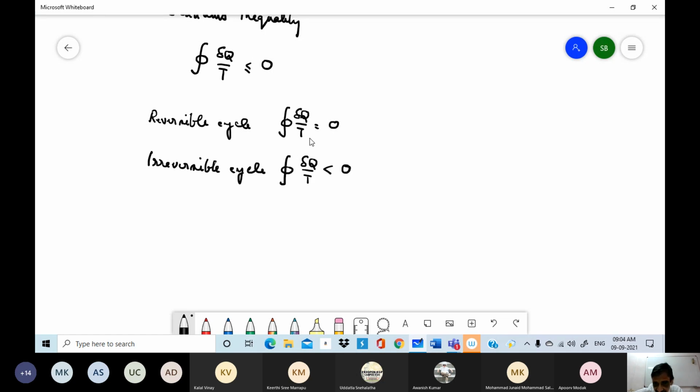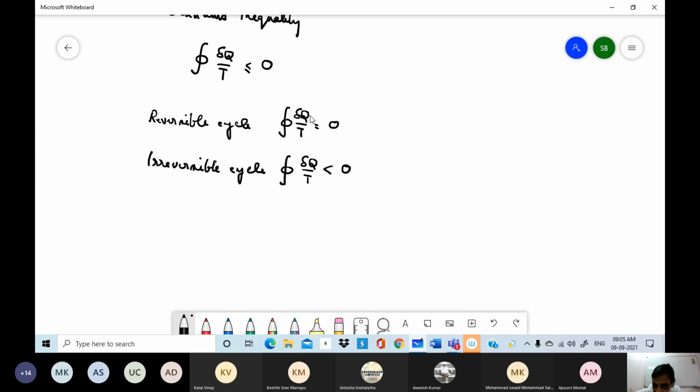So if you consider a Carnot cycle, it consists of two isothermal heat transfers and two adiabatic processes. So during the adiabatic process, delta Q is 0. So the adiabatic processes do not contribute to this integral. During the isothermal processes, the heat transfer occurs at a constant temperature, so that entire QH which is transferred is all at temperature TH. So instead of integrating,